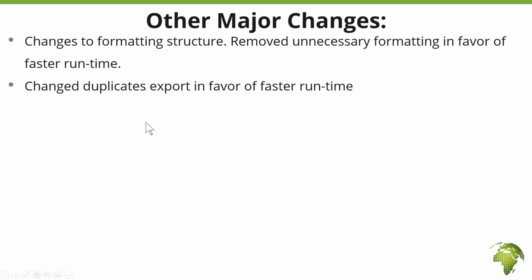So for instance, IPHX dupes would give you an Excel sheet that has the summary of the duplicates, and also another Excel sheet that has more details on the differences, right? That particular implementation was very resource consuming, took a long time to work, and was also very prone to crash. So we've basically moved that away into a DTA format.